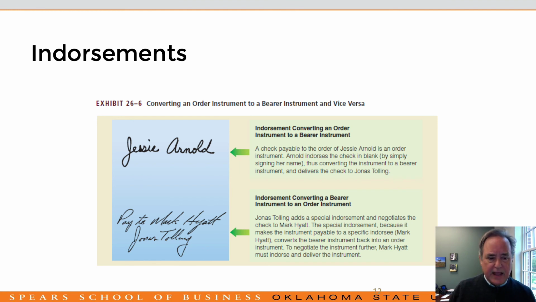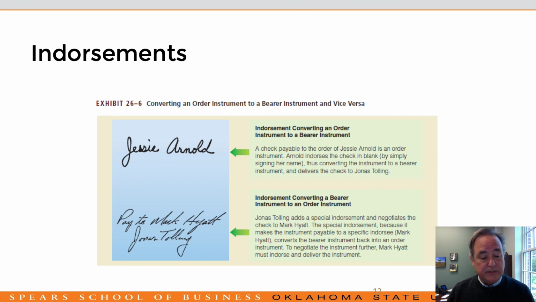In the first case, we see a blank endorsement, a check payable to the order of Jessie Arnold. Arnold endorses the check in blank by simply signing her name, and thus converts the instrument to a bearer instrument. And she can now deliver the check to another company. An endorsement converting a bearer instrument to an order instrument, in this case, the party to whom she has given the bearer instrument, the Jonas Tolling in this example, can add a special endorsement and negotiate the check to a named endorsee. Now, the special endorsement, because it makes the instrument payable to a specific endorsee, in this case Mark Hyatt, converts the bearer instrument into an